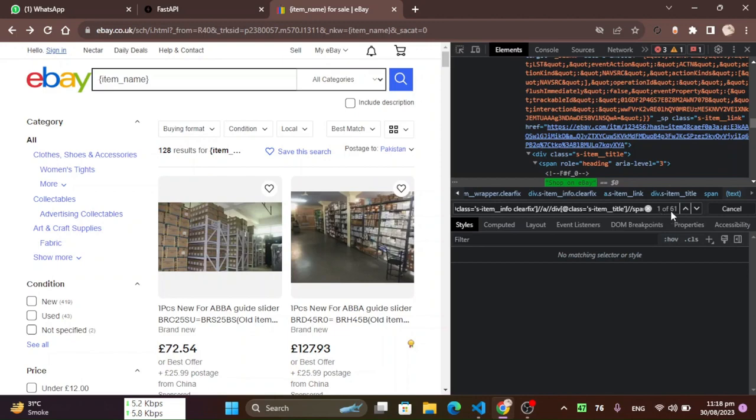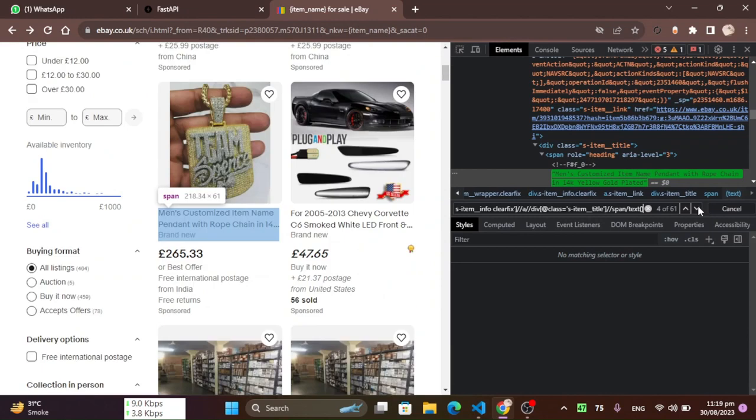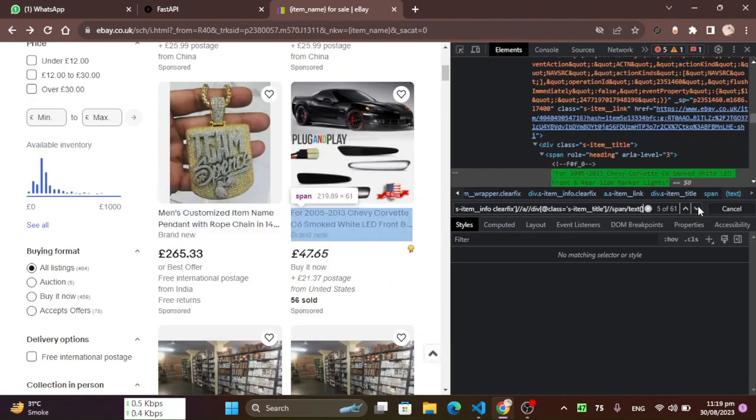Here you can see 61 matches for the XPath. You can see this is the item name and this is the XPath of the item name. One piece is new for ABBA guide slider, etc. And next one, next one, next one, next one.